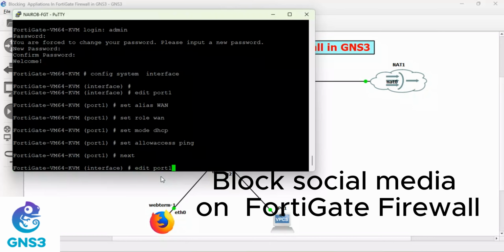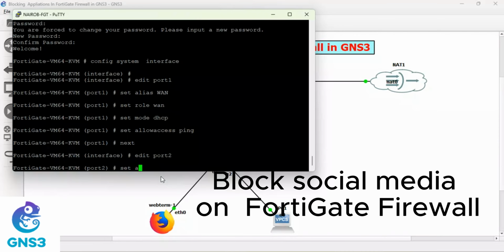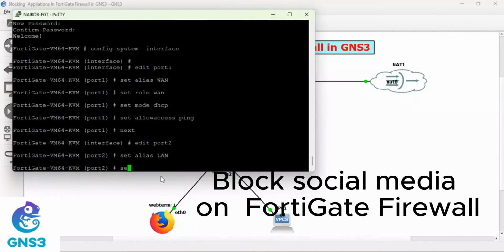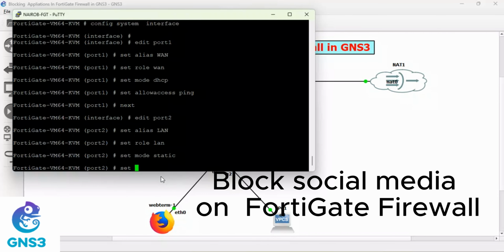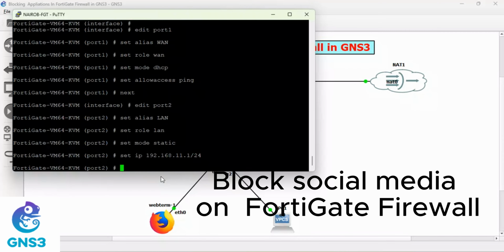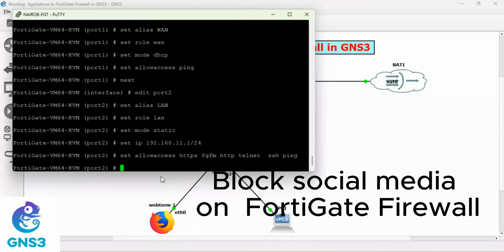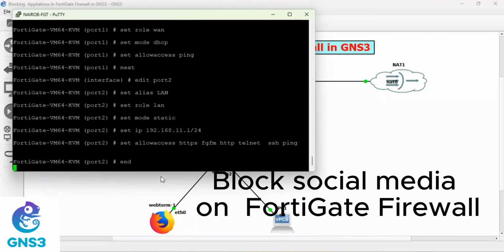Edit port 2. Set alias, that is LAN port. Set role, that is LAN. Then set mode static. Then set IP 192.168.11.1/24. Then set allow access. I'm going to use this port to access the firewall in the browser, so you have to give it this capability. Once you are done,